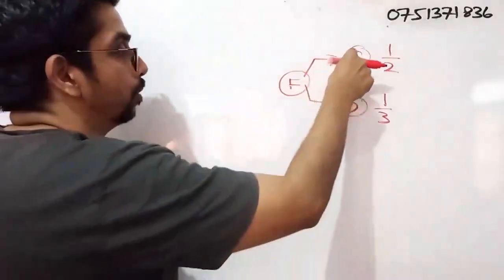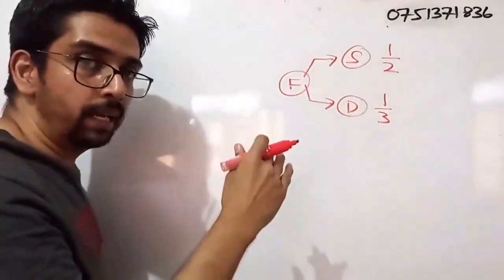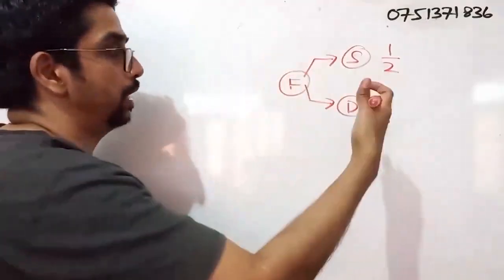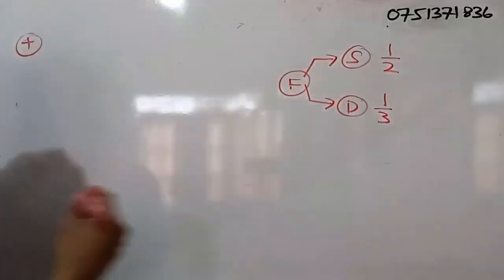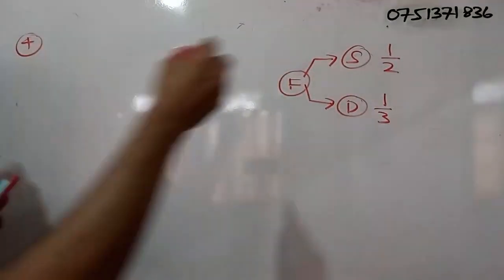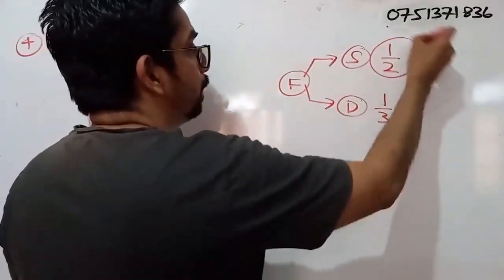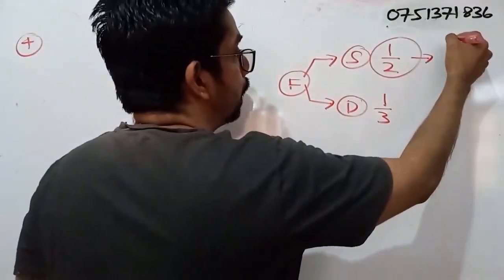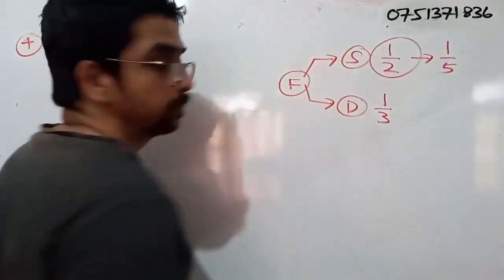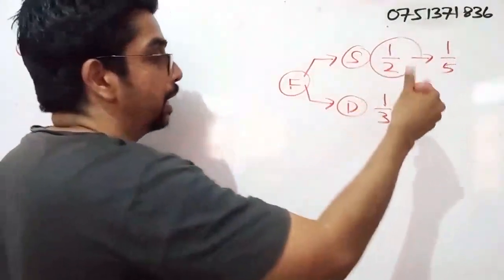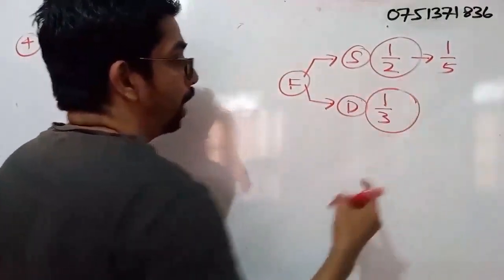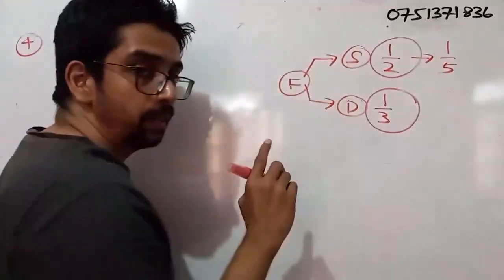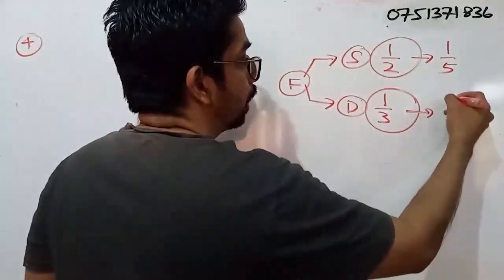After that, both of the children donate a portion to charity. Right? So from the amount that the son received, he donated a fifth. Make it a sketch. And from the amount that the daughter received, she donated